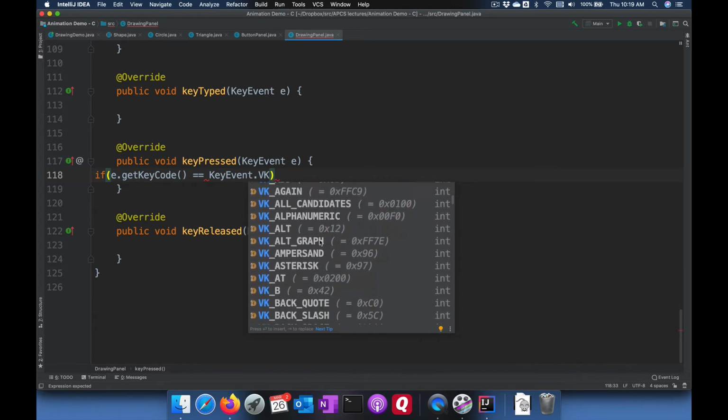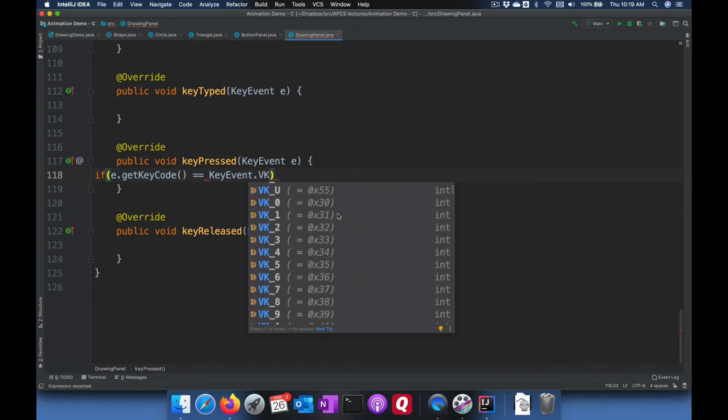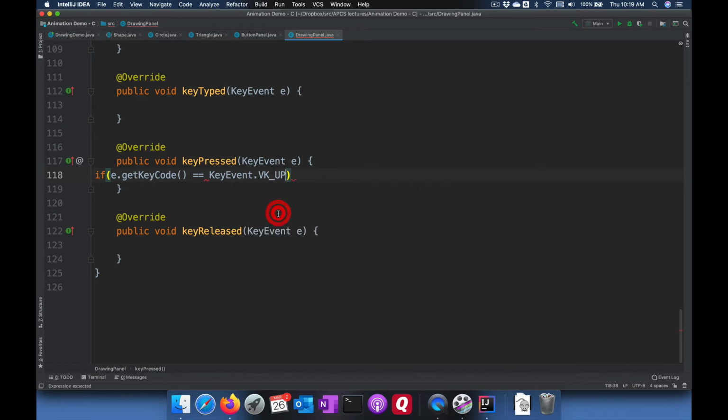You could look for numbers, you could look for letters. Here's the letter B, ASCII code 42. Of course, that's in hex. And what we want to choose is VK_UP, which is the up arrow. So this if statement says if the key code that they just pressed is equal to the up arrow, we'll